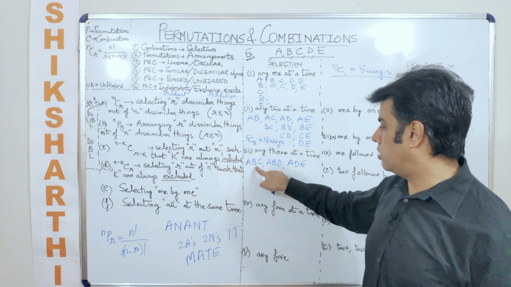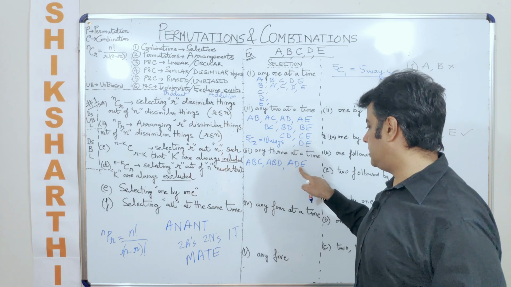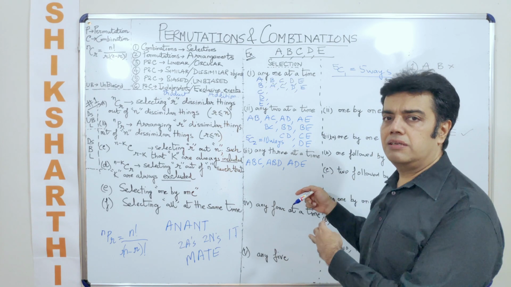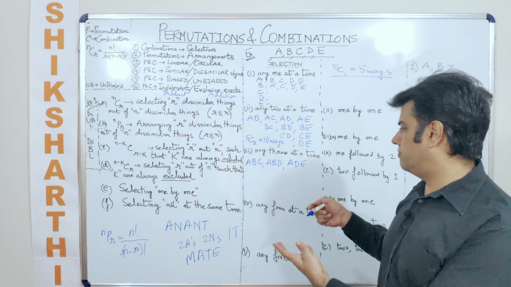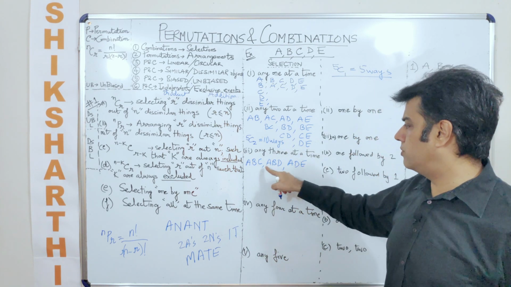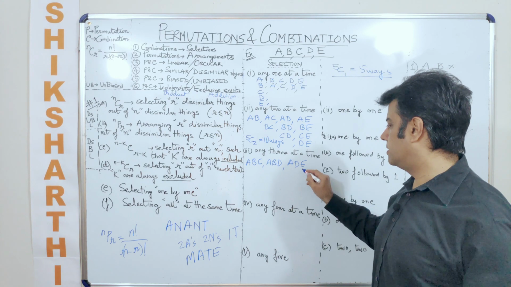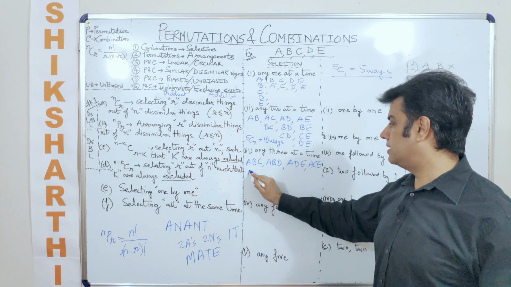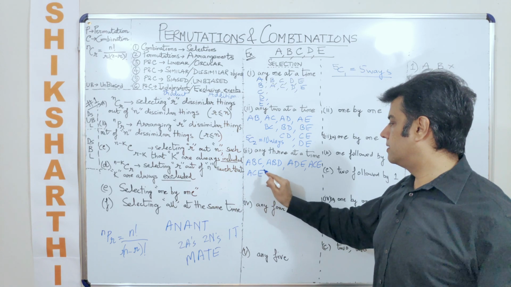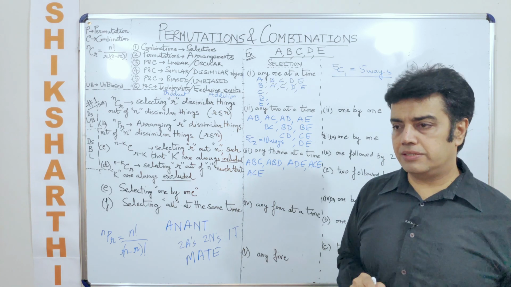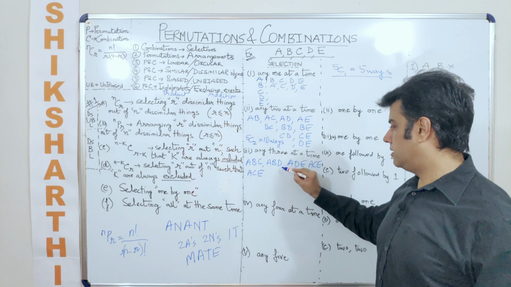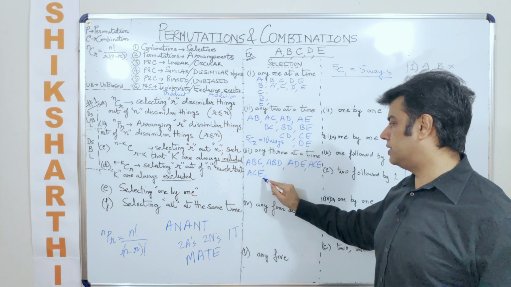Okay, so now when I'm talking about ABC, ABD, ADE, is there any other case that I can make here? We'll check maybe in a few minutes. Okay, what about ACD? What about ACE? Have I written all the cases? Oh, let's check. So I wrote ABC, ABD. Did I write ABE? No, I did not.